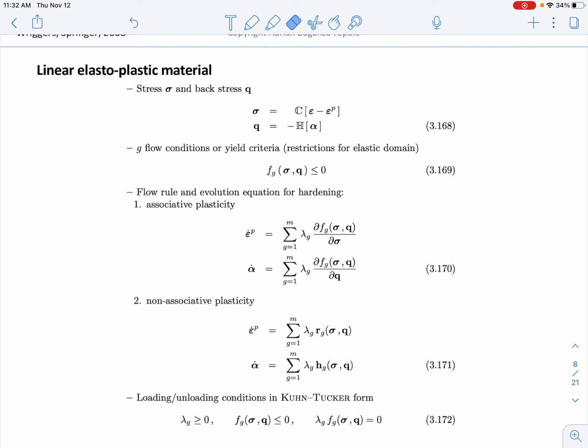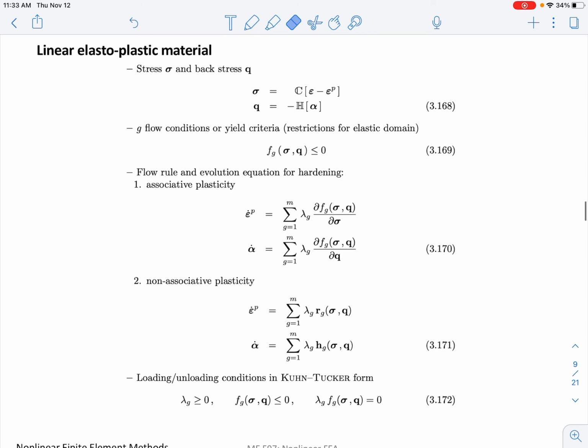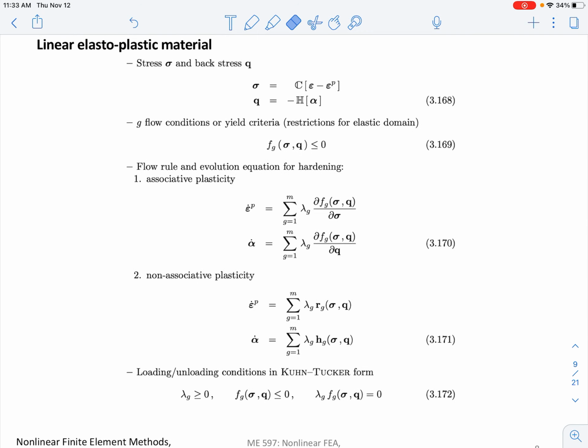And the loading unloading conditions that you have basically for the plastic materials that you have to also satisfy. And this is some nonlinear system of equations. So these are in general the definition of the stresses and the evolution of the plastic